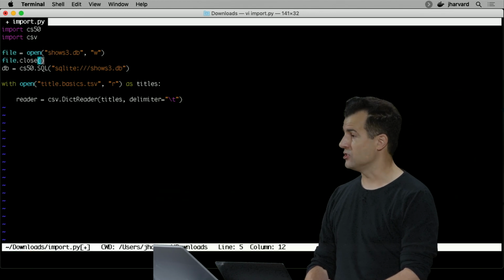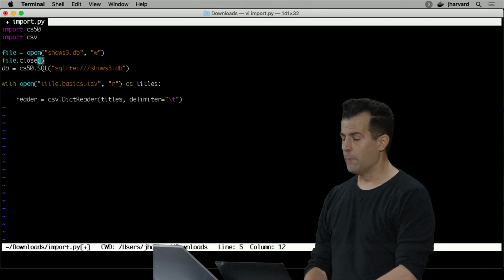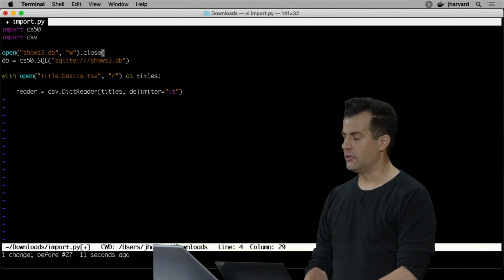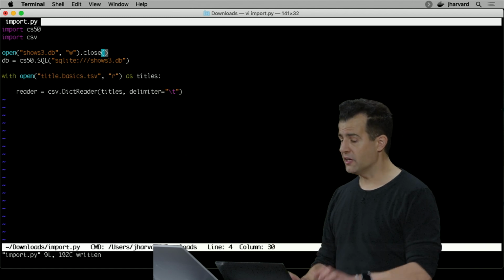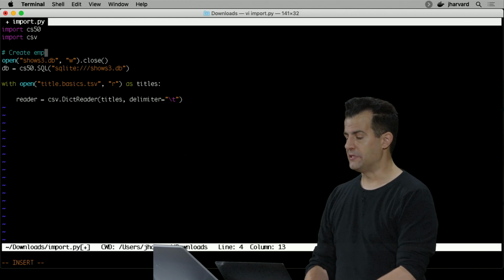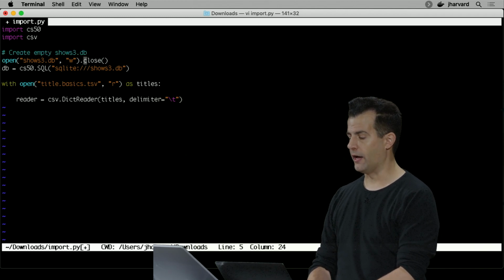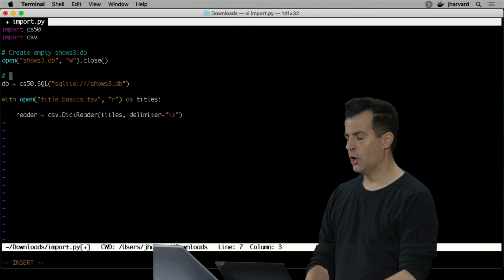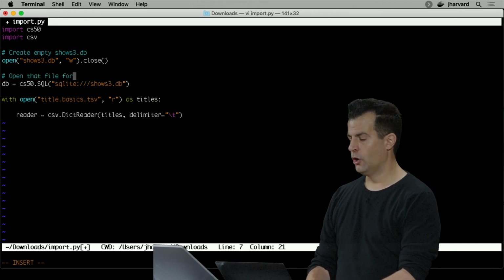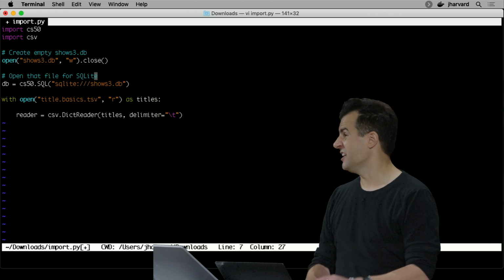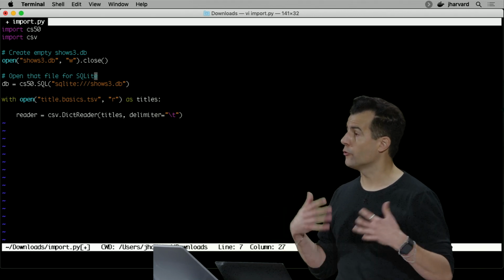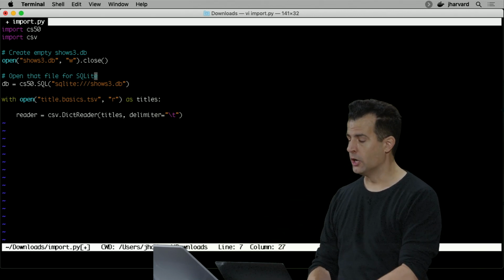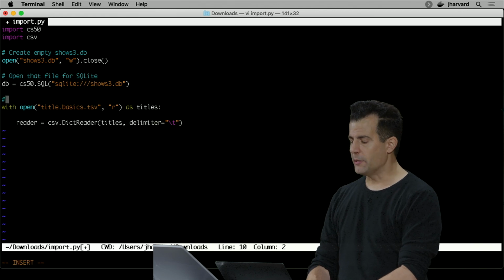But we can collapse this into one slick one-liner, so to speak, by just doing instead what I did a moment ago. All that does is create an empty shows3.db file. Now open that file for SQLite. And again, SQLite is the light version of SQL that anyone can use on their own Mac or PC. You don't need a special server to get up and running with it. So now let me go ahead and open up